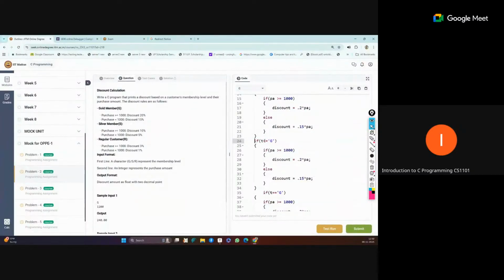G now will become S. So here for S, what is the condition? If the amount is greater than or equal to 1000, then the discount is 10%. So this is 0.10, and